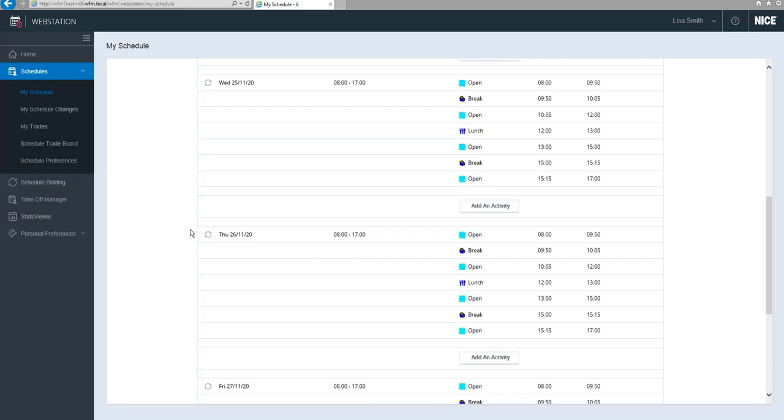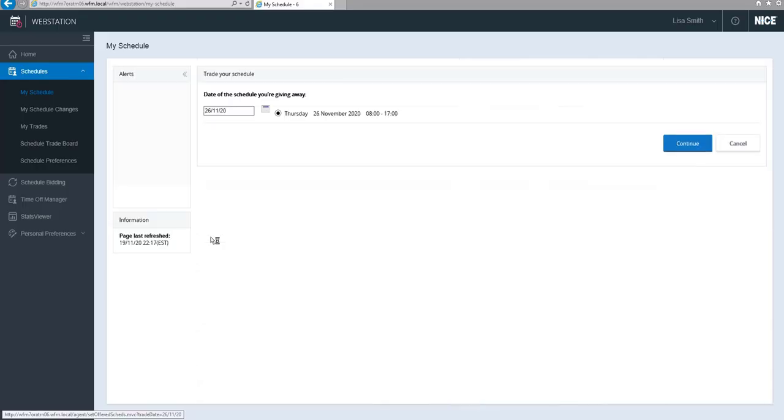If I'm looking at the 26th, you can see a circular icon here. If I use that, it allows me to invoke a trade, or it comes up with Trade Schedule. I click on Trade Schedules, and here it says this is the day that you're wanting to trade the schedule for. I click on Continue